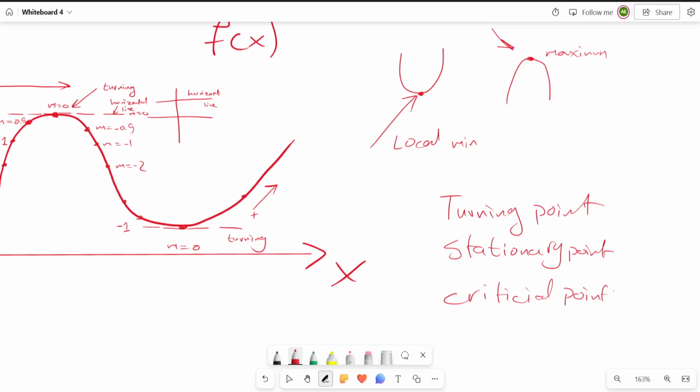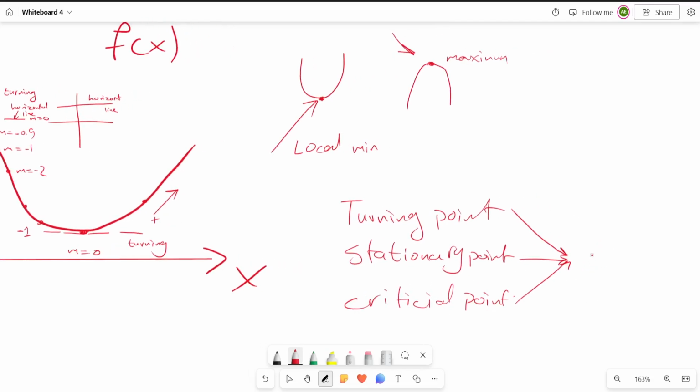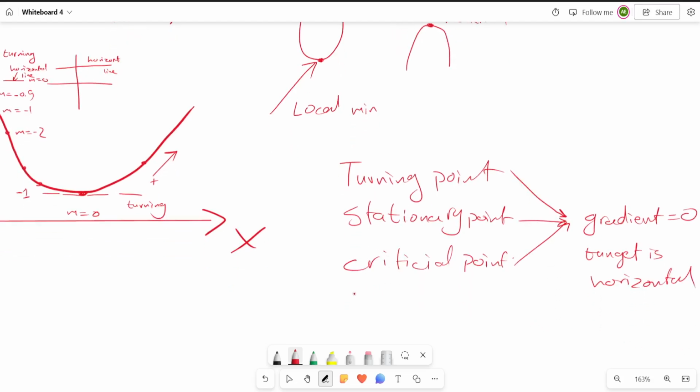These are all the same name for the same thing, indicating only one thing: that the gradient at this point equals 0, and the tangent is a horizontal line at this point. Furthermore, two more things that we could name it are a maximum point